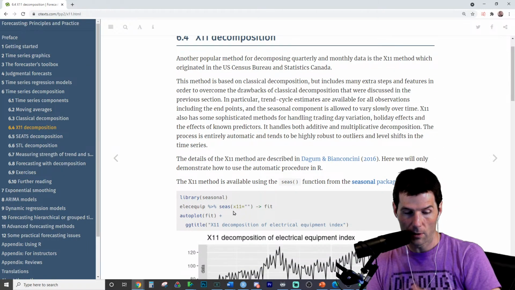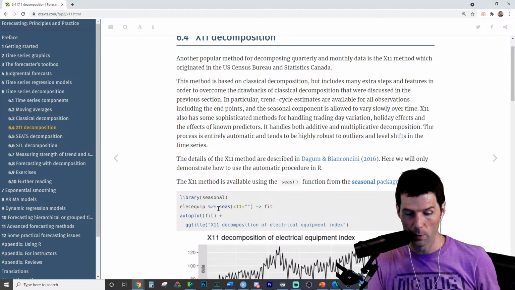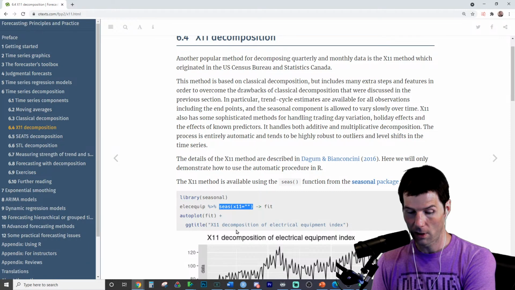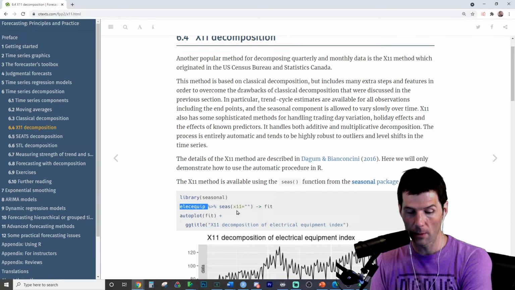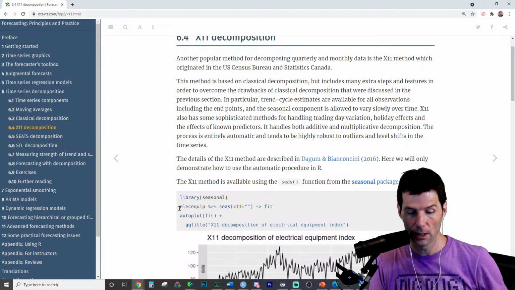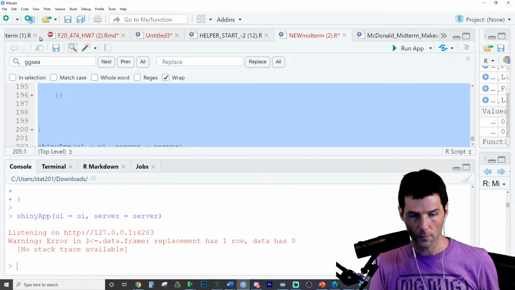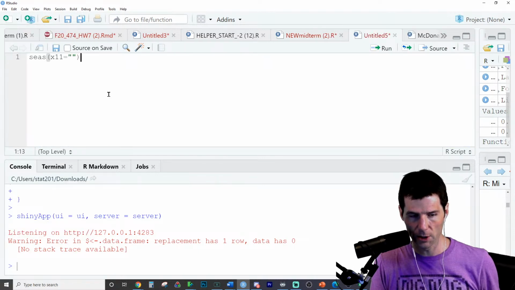But to do it, all you're going to do is just pass your arguments through this right here. That's it. That's just the decomp. So that's where the decomp happens. You're just taking your data, passing it through, and you could put a fit to it. So it's just season X11, and this is the argument right here for X11. I don't like the way they write that argument. So we'll just take a look at this, and I think Cliff had a question next.